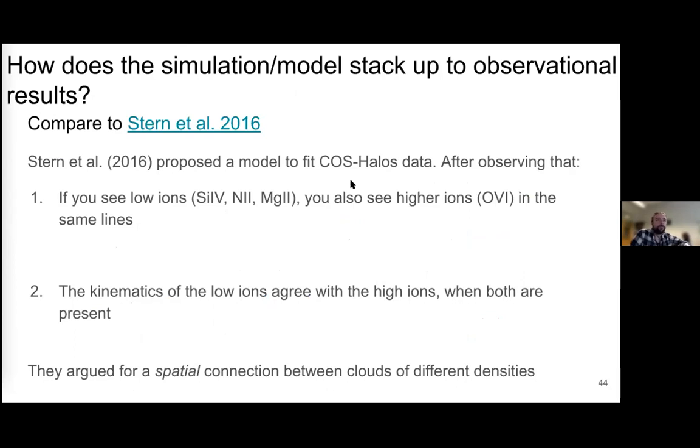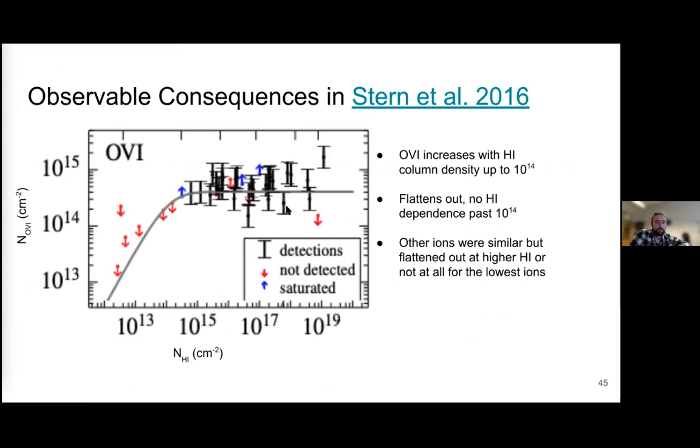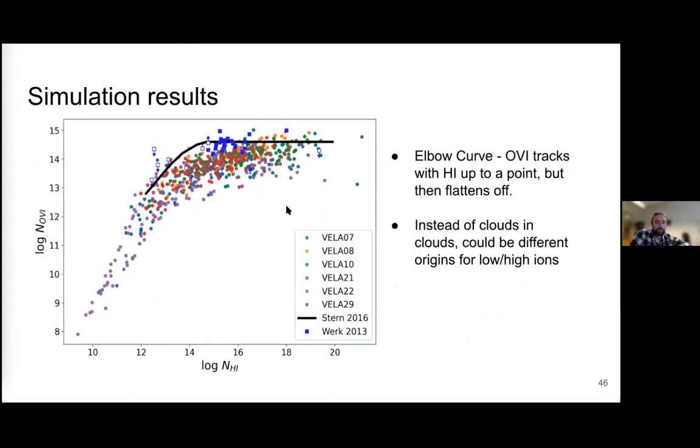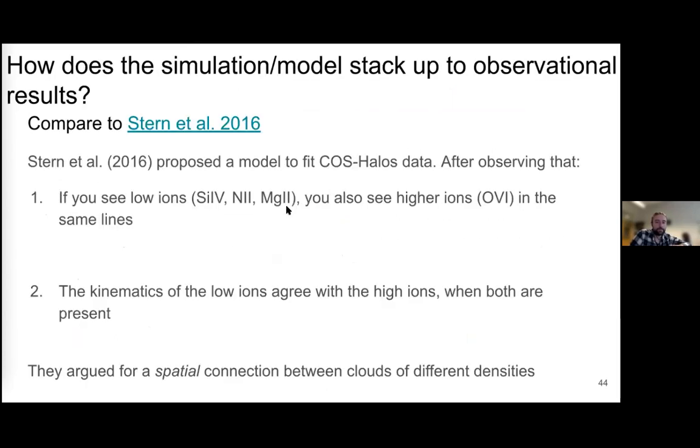Okay, in the interest of time, I'm going to skip this last thing. Actually, let's go ahead and do it very quickly. So this model, how well does it actually compare to COS-Halos data? In Stern 2016, they found